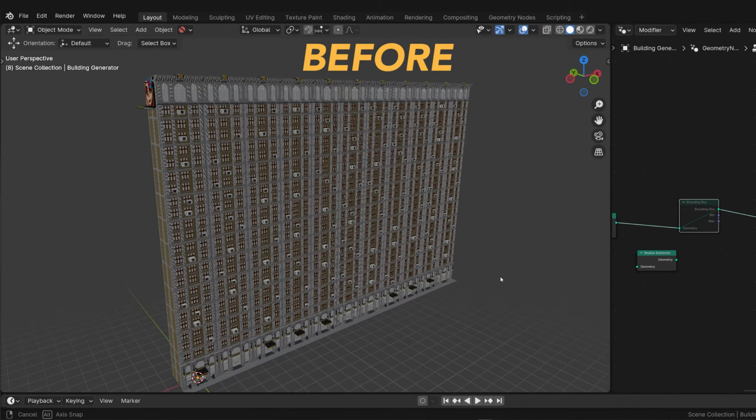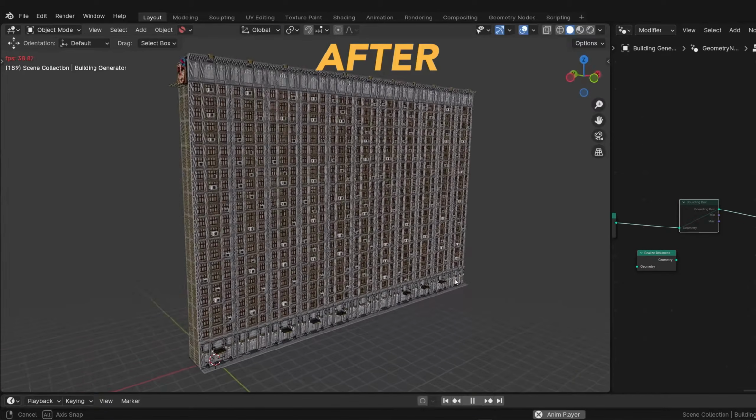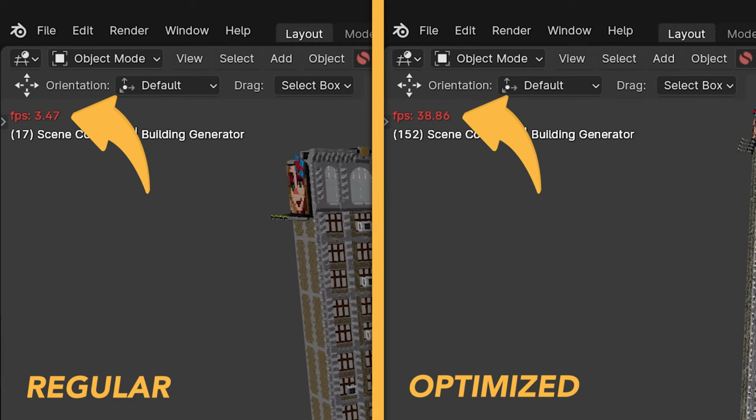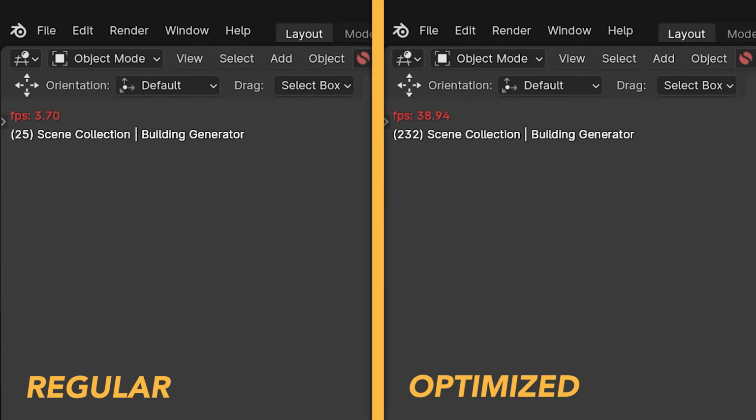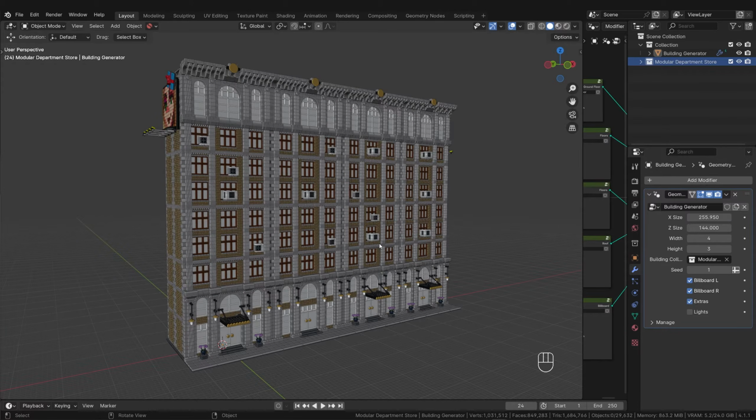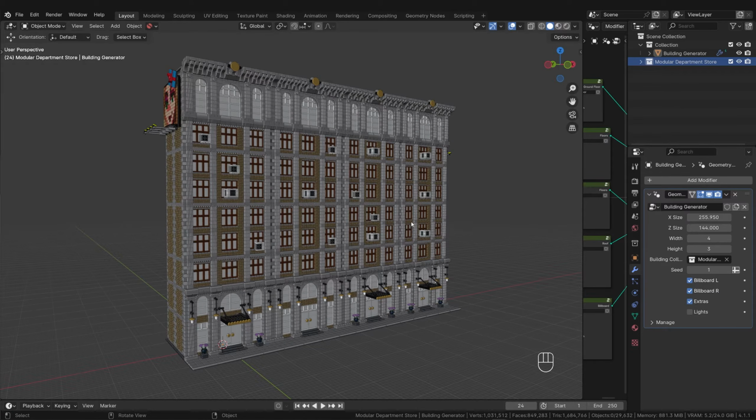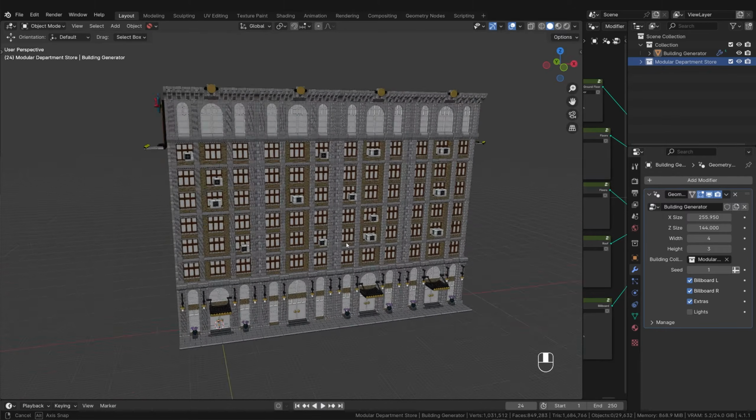But first of all, we will focus on the performance of our building generator, because believe it or not, there is still a lot to be gained here. If you followed the tutorial up to this point, then you've probably noticed that using Blender can become quite laggy when the building reaches a certain size. It may be sooner or later, but it will definitely happen at some point.